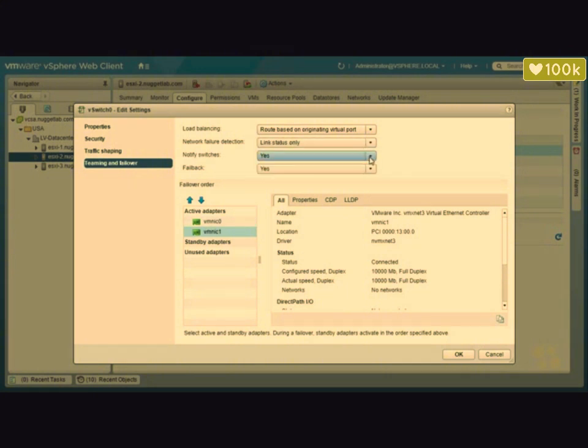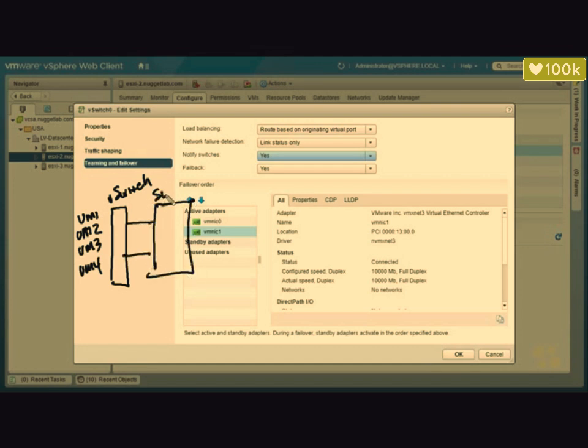And then the next option is, do we want to notify switches in the event of a failure? And here's how that works. So here's our virtual switch, and let's say we have VMs 1, 2, 3, and 4, and we have 2 uplinks, and we're going to 1 physical switch. If we were doing route based on original virtual port, let's imagine that these 2 VMs are being sent through the top uplink, and these 2 bottom VMs, based on their ports, are being sent through the bottom